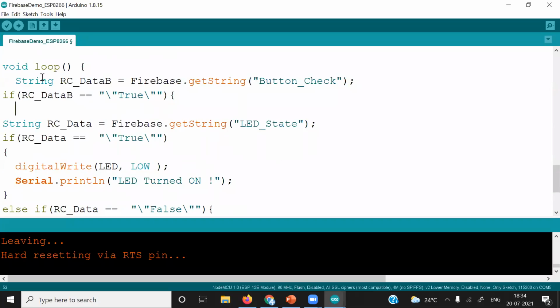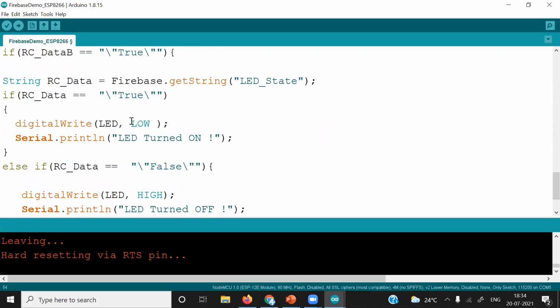Now whenever we receive this true, it will enter into this if condition and execute this line first. Then it will check whether we have received the true condition or the false condition for the LED, and according to that it will run the following code. So whether it is true or false, it is going to run these lines of code.